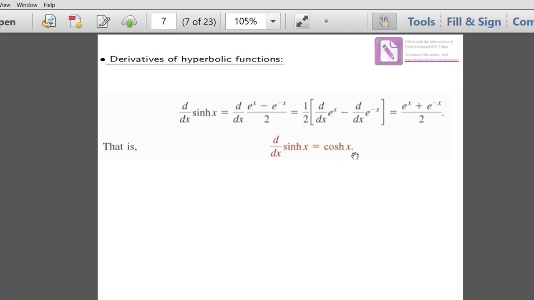If you do the same thing to find the derivative of cosh x, you will take here exponential of x plus exponential of minus x divided by 2. You have 1 over 2 as a constant, so no need to differentiate. The derivative of exponential of x will be the same. Here you have the positive sign, so here will be plus. The derivative of exponential of minus x will be minus exponential of x. You have here plus and minus, so this will be negative. So if you compare, exponential of x minus exponential of minus x divided by 2 will be just sinh of x. So we conclude that the derivative of sinh will be cosh, and the derivative of cosh will be sinh without any minus. If you remember, the derivative of cosine will be minus sine, but for the hyperbolic function, the derivative of hyperbolic cosine will be hyperbolic sine without any